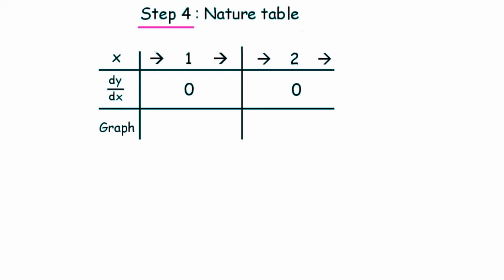Now in this one, I have 1 here with 2 arrows next to it. What this is going to mean is, this arrow here indicates numbers that come before 1, and this arrow here indicates numbers that come after 1. In the 2 section, this arrow here indicates numbers that come before 2, and this arrow here indicates numbers that come after 2. So what we're going to do is work out what dy by dx equals